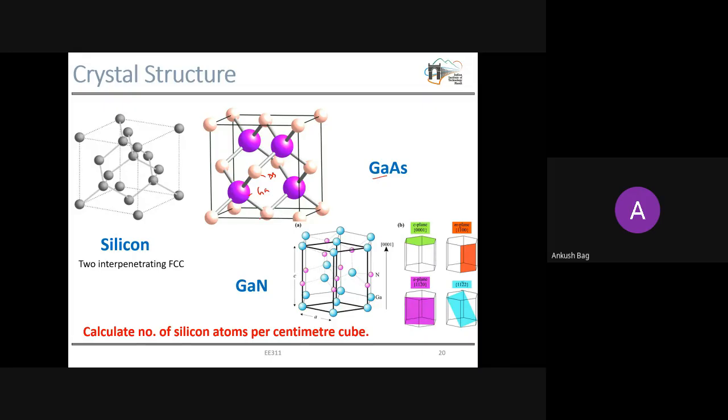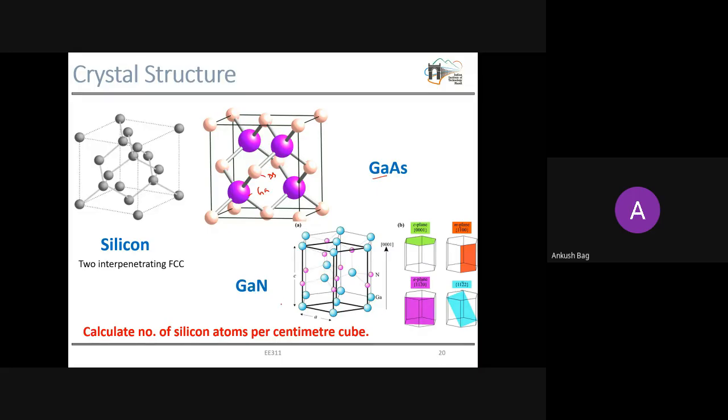Obviously there could be a difference in terms of lattice constant. So now the other calculations, that means how many silicon atoms are there, what is the packing fraction. All these concepts we need to solve as some numericals, which we'll do this Friday. After 3 to 4 we have scheduled a class. Then after 4 onwards we'll perform all these numericals, and we'll try to see the other related concepts which will help us to solve the numericals.